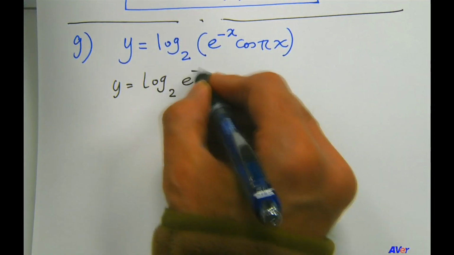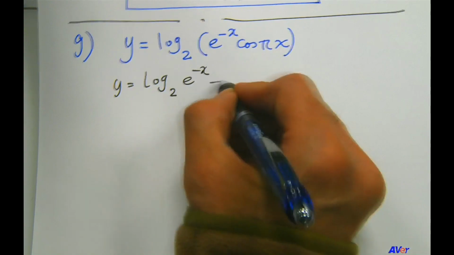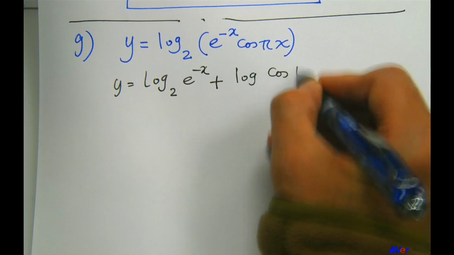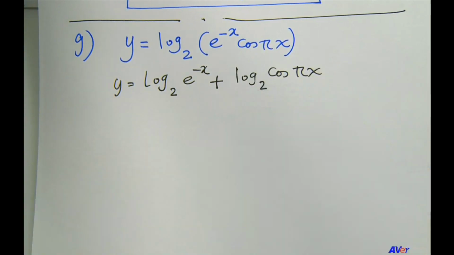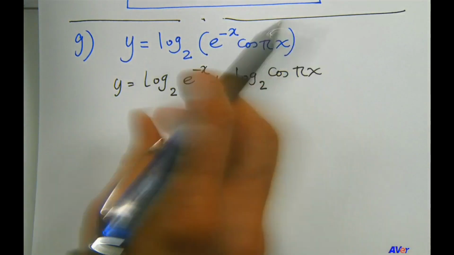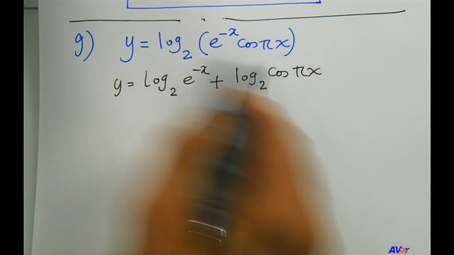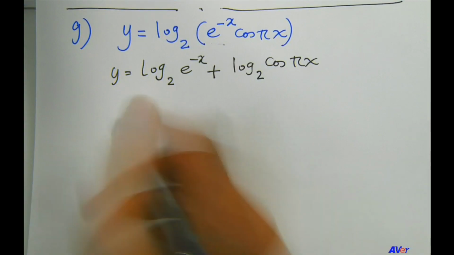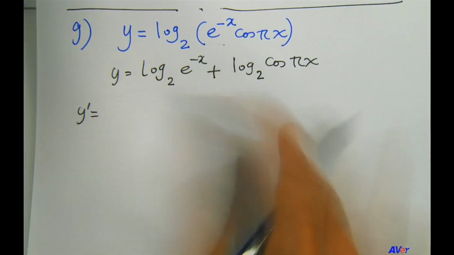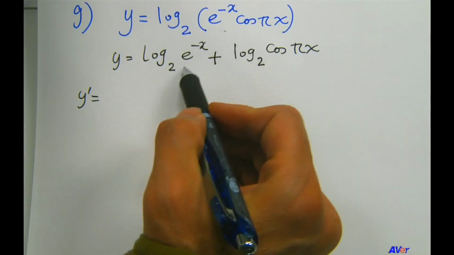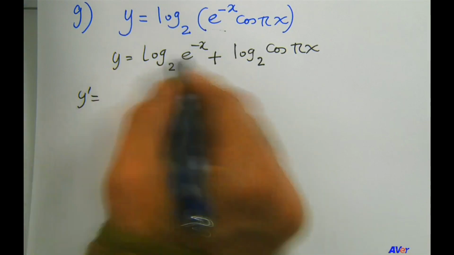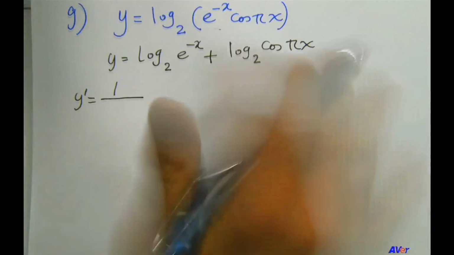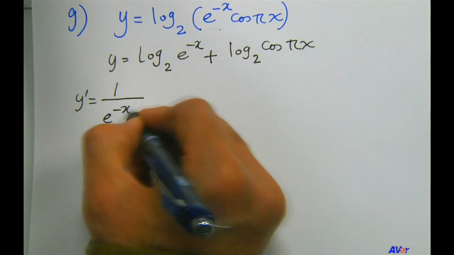Log base 2 of e to the minus x, plus log base 2 of cosine of pi x. Right? So we created two smaller terms from this larger term. Now we can take the derivative of this. So we have 1 over all of that, 1 over e to the minus x,